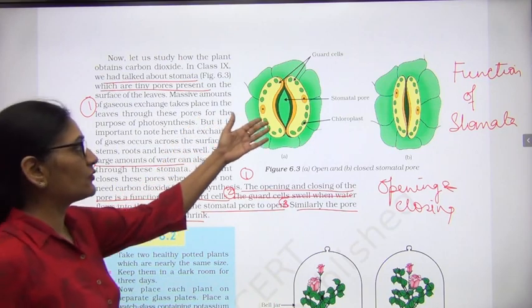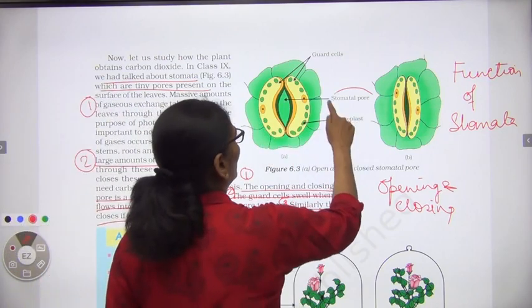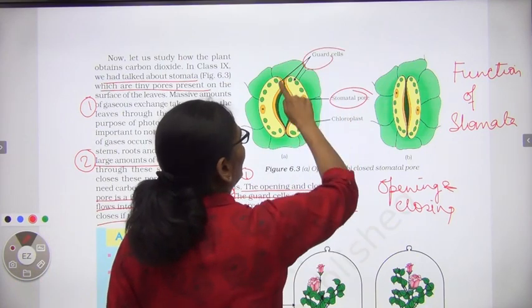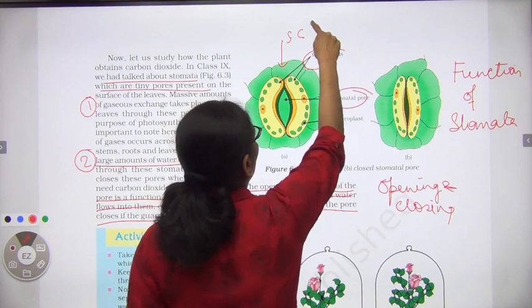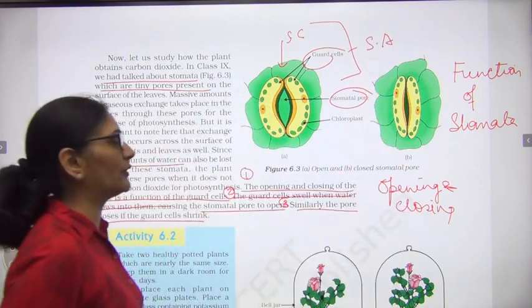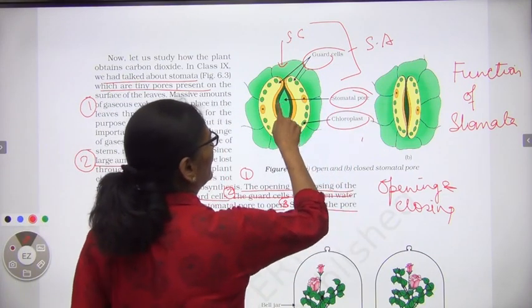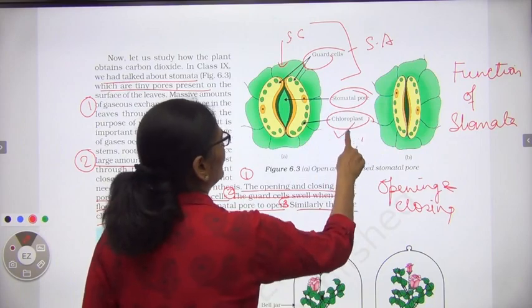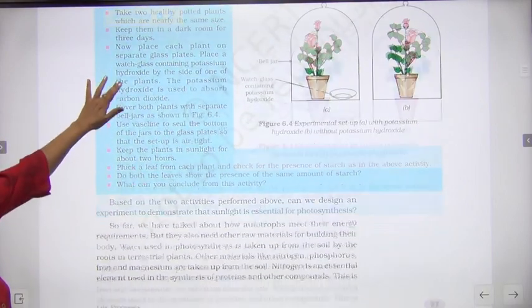Next question is, draw the diagram of a stomata and explain its parts. So this is your stomatal pore. Now this is your guard cell, and these are subsidiary cells, and together these 3 things are called the stomatal apparatus. This is very important. The next question that will come is, name the only cell on the epidermis which has chloroplast. This is your guard cell. Okay? So with that we have completed carbon dioxide.